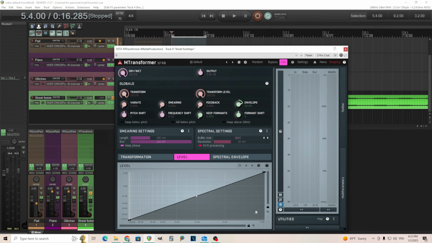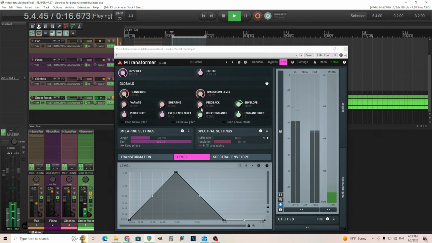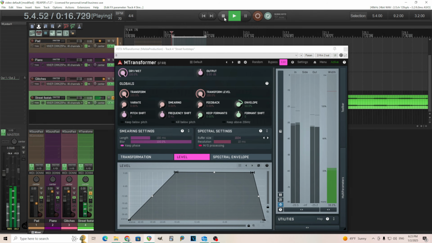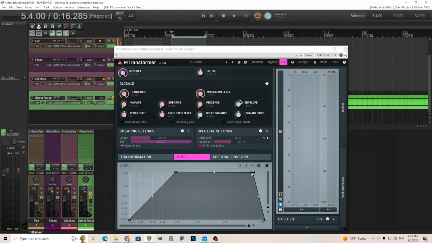But we can completely get rid of the loud parts of the signal, like this, and just focus on certain quiet parts, like this. As you heard, that makes things a lot less busy. So if I have it up like this, it sounds like, I don't know, like a babbling brook or something like that. But if I move it down like this,